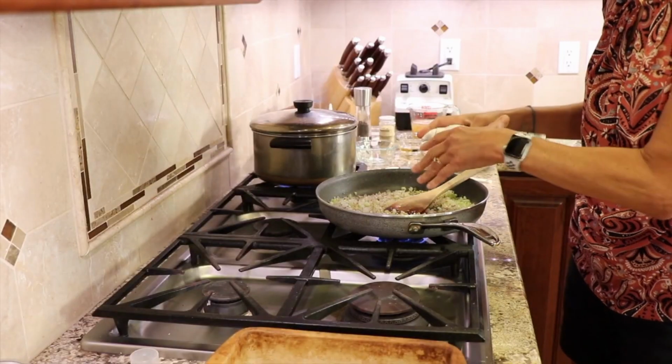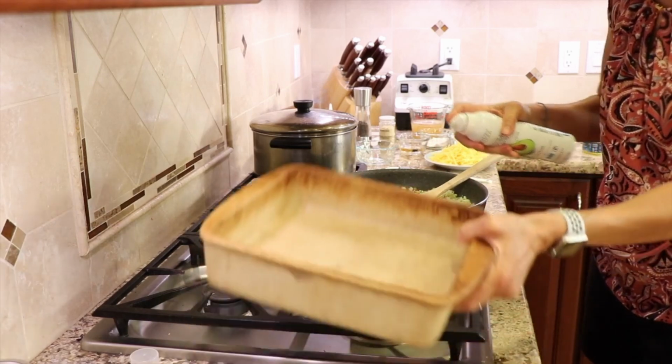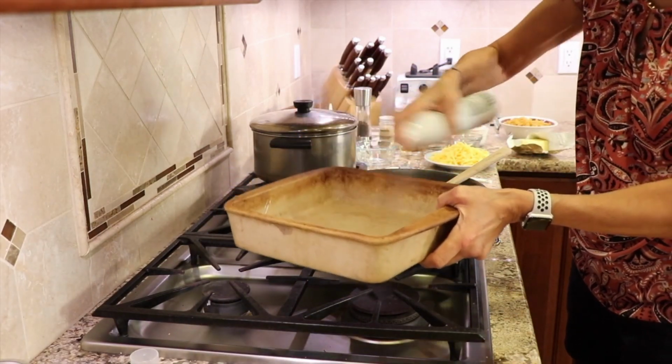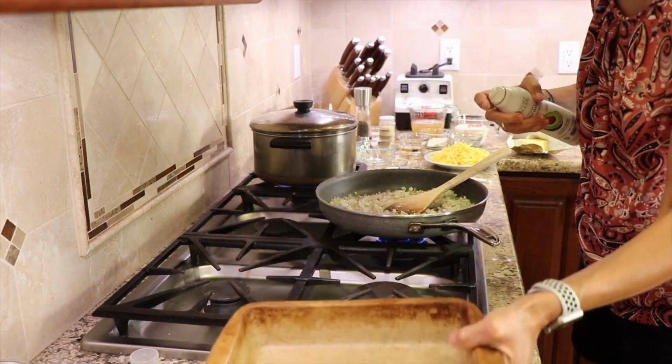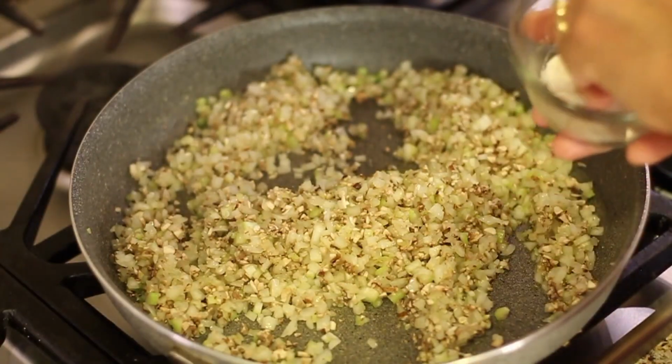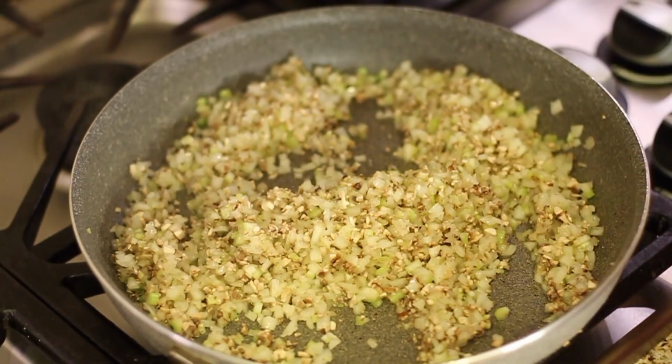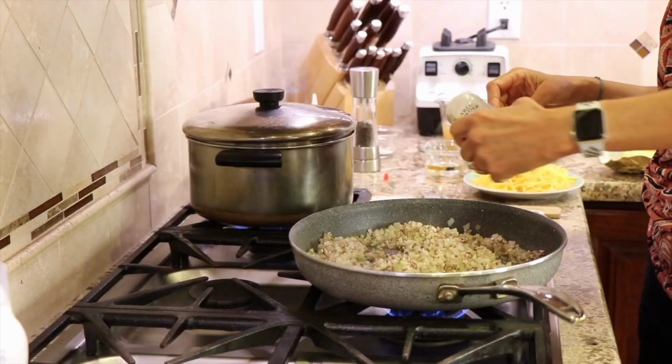Now while our onions are cooking over here, I'm going to prep up our pan here. I'm just going to spray it with a little bit of avocado spray, just a light coating. That'll keep it from sticking. I'm also going to season this up just a little bit. Just going to put a little bit of salt in there and just a little bit of garlic powder